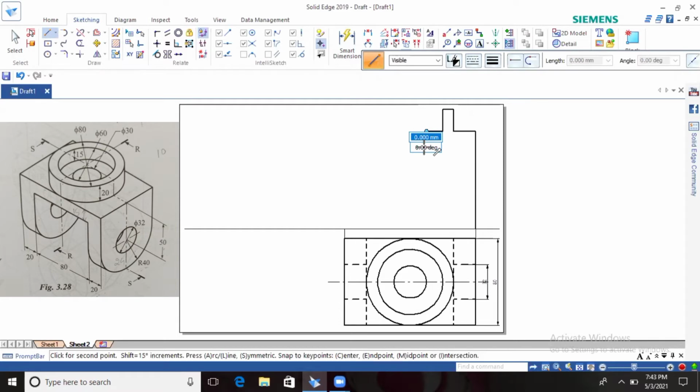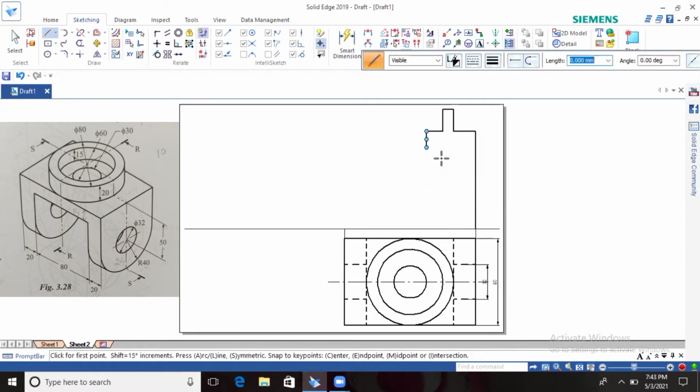Come back to this one. You don't know the distance of the remaining thing, that's why you have to start from the bottom line. Choose the bottom line up to the parallel line. How much is it given? 20 distance.